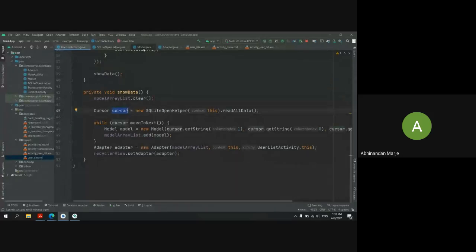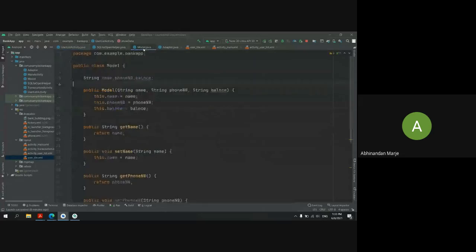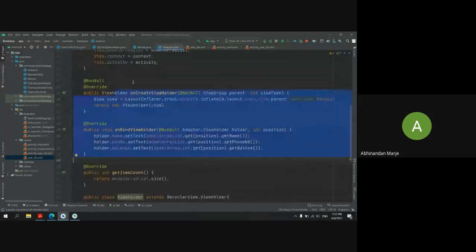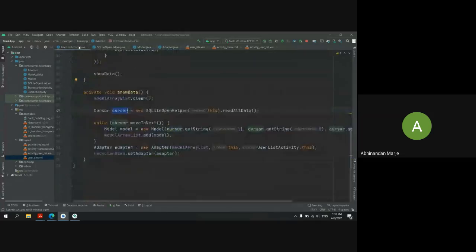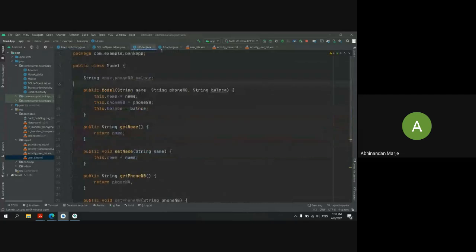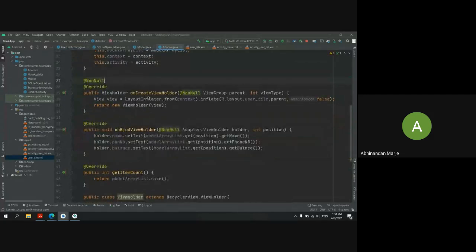But the model and adapter will be the same everywhere. Only while extracting the data, the methods will change. So you have to make sure you are understanding how the model class is created and why we are using the model class and adapter class. It is very important to learn the recycler view, right?